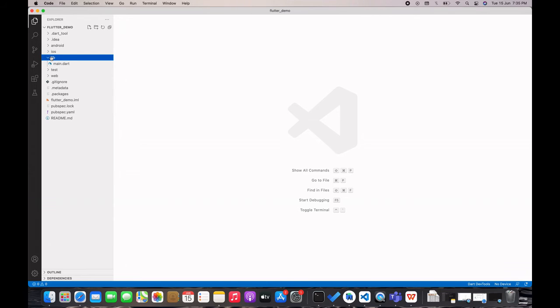lib. The lib folder is the main folder where you will write all the Flutter application related code. Initially it will contain just one single file, main.dart, which has the entry point for a Flutter application. The next one is the test folder, which is set to contain any testing related code that you write. If you decide to write tests and test cases, you will be adding code in here.